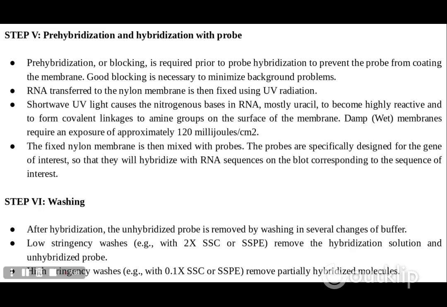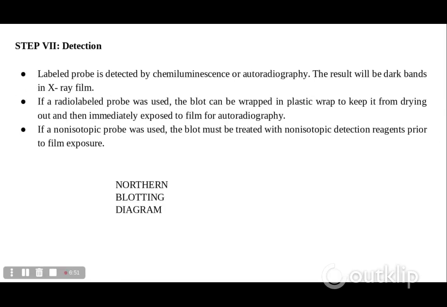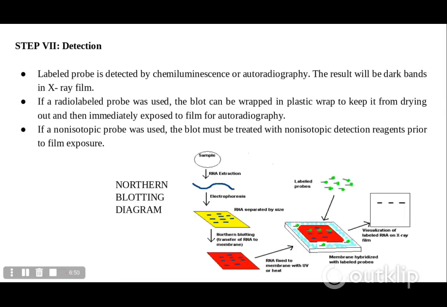The low stringency washes are done with 2x SSC or SSPE to remove the hybridization solution and unhybridized probes. High stringency washes that involve 0.1x SSC or SSPE remove partially hybridized molecules. The step 7 is the detection, the final step, which involves chemiluminescence or autoradiography, which results in dark bands